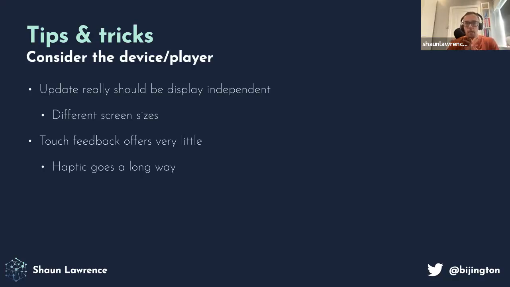And I don't know about anyone else, but I get very frustrated with touch-based games. I mean, touch feedback on a slab of glass really doesn't offer much feedback. So I always like to introduce some level of haptics. As an example, in a word search game, we've added in the ability to give a little positive reinforcement that they were touching a letter, and then as they drag, they know that they're touching the next item. So even if they can't visually see what they're dragging because their finger's on top of it, you give them the ability to feel that they are moving across, and then they know where they've got to.